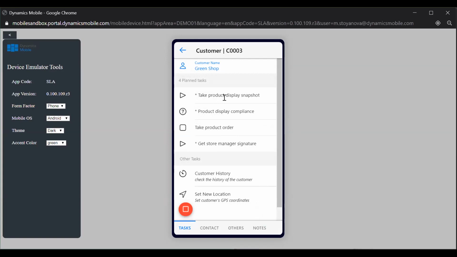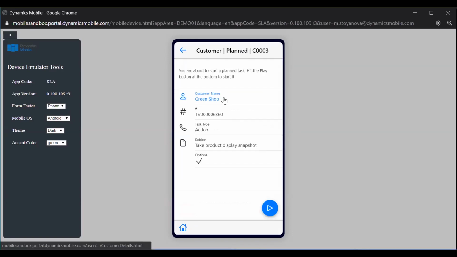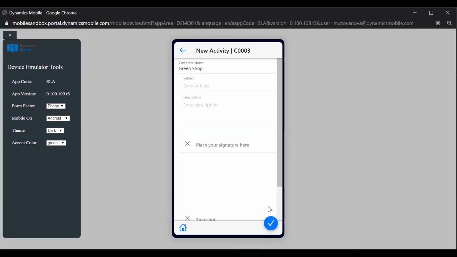First of all, we can take product display snapshot. It's an action type task, so we'll have to take a picture or a signature or both. So now we can put a subject. So it's, let's say, signature, capturing whichever we need to explain here on the subject and description. We can put it here. Then we can put a signature.